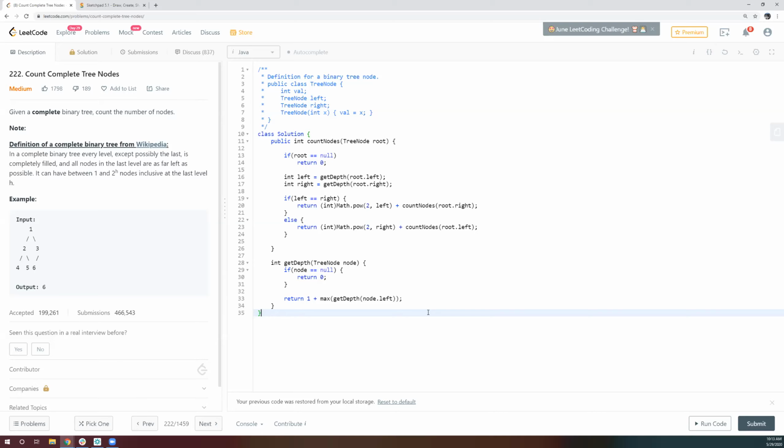Question about the formula. I think the formula needs a little adjustment there, right? Because suppose we think about 2, 4, 5 on the left, and that is a complete binary tree already. So when we are saying that 2, 4, 5 is complete, and because we are taking into account the root, which is 1, it will be 4. When we are at 2, it will also take its root into account.